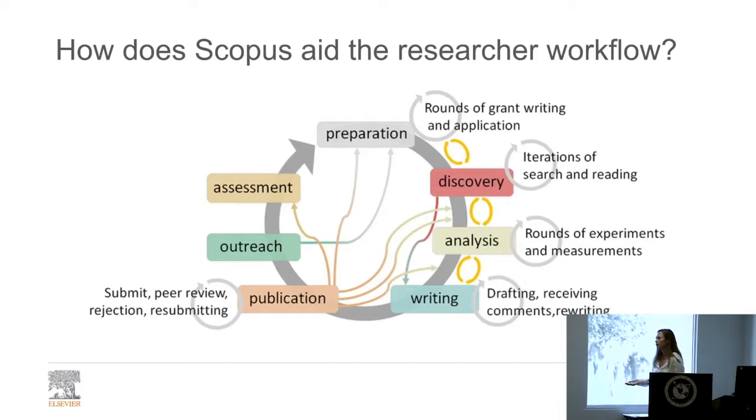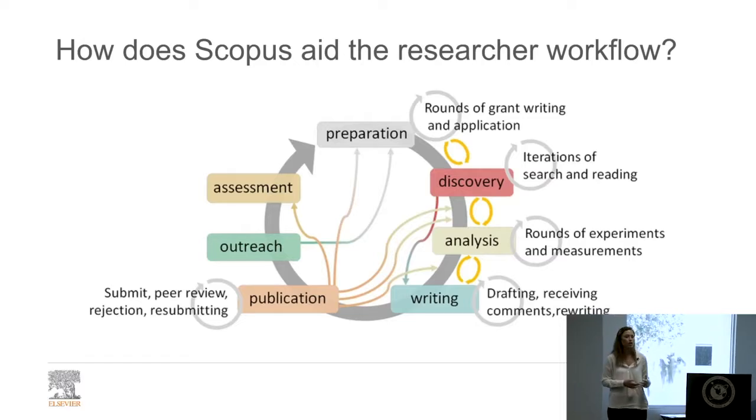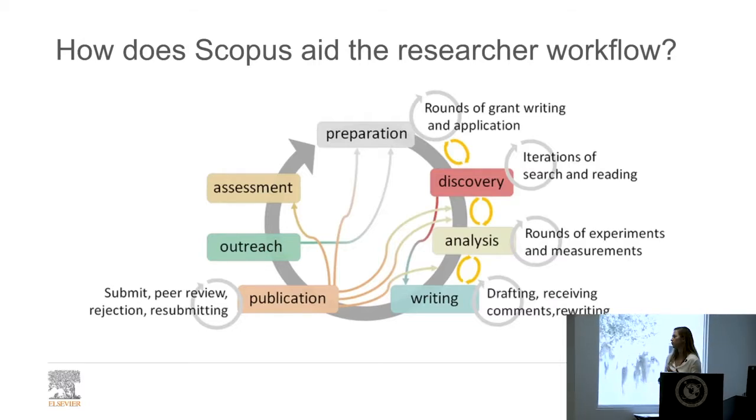And then you go through items of discovery, so searching and reading and searching and more reading. And then you start to get into the analysis and the writing phases, right? So you're doing your experiments, and it says measurements, which I think is funny because not every scientist measures things, but you're going through your experiments. You may be writing articles, books, your dissertations, right? And then you're submitting through peer review, you're doing your publication, and it kind of goes on, and it's a